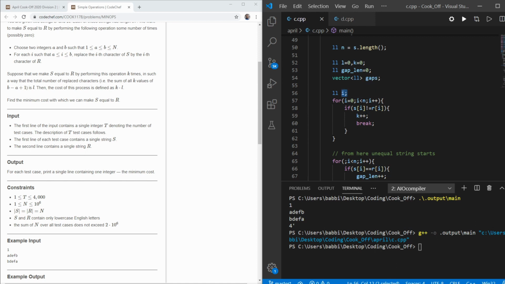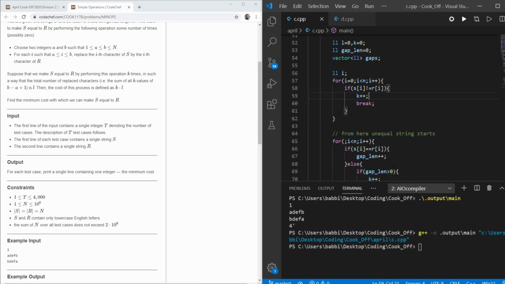Now I have this i. As I spoke about, we don't want the starting length of the gap, because until and unless one unequal element is found, we don't want the starting equal elements, because they will not affect our answer. So I am breaking out of this because I don't want the starting elements which are equal.